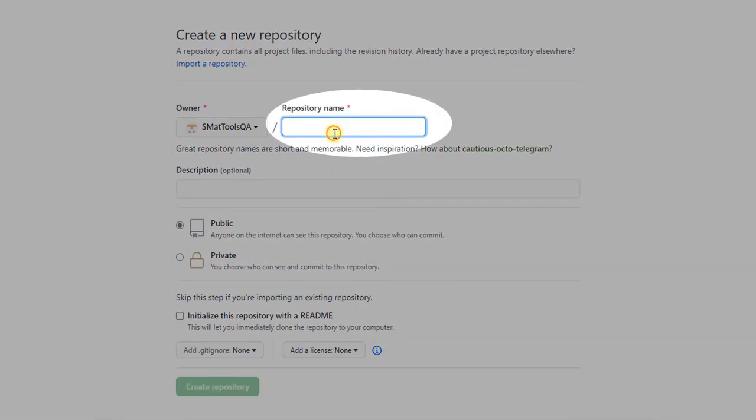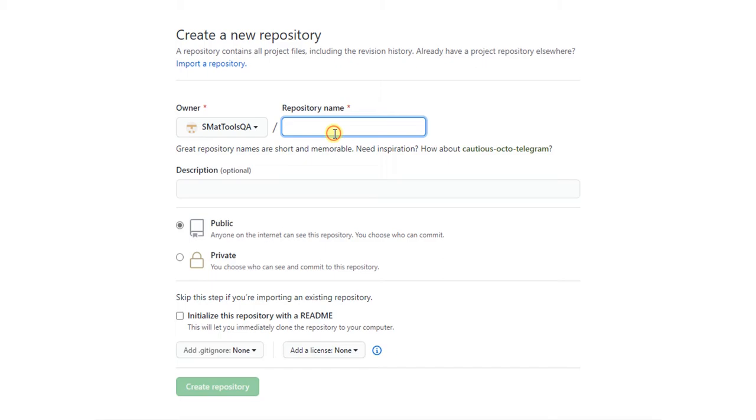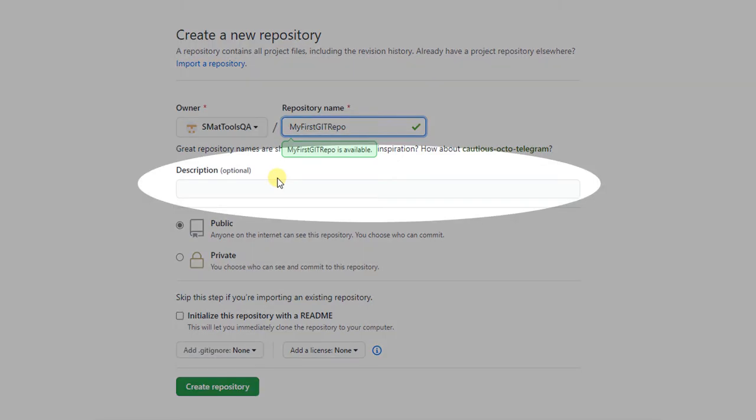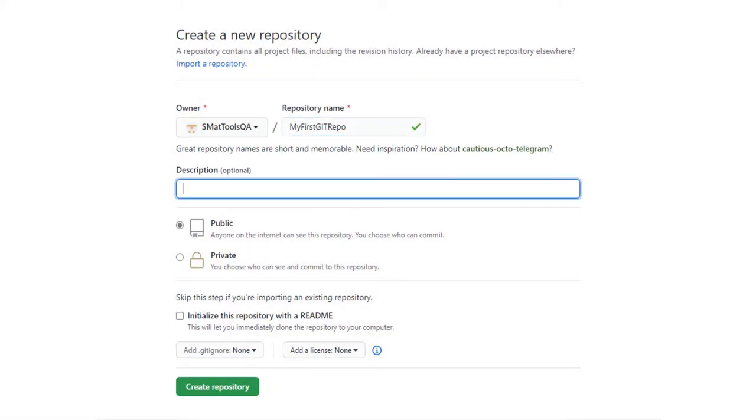The next option that we have to choose is the repository name. Do you guys remember that in one of the videos, I mentioned that a repository is nothing but a project folder. This is why most people keep their repository name as the project name. In our case, I'll keep it as my first Git repo. After that, we add the description of the project. Note that this is optional. But I would still recommend everyone to write a description for every project, as this would give information about the project to the people who are looking into it.